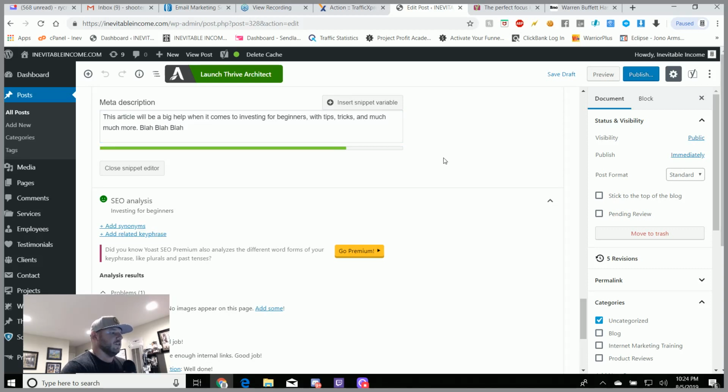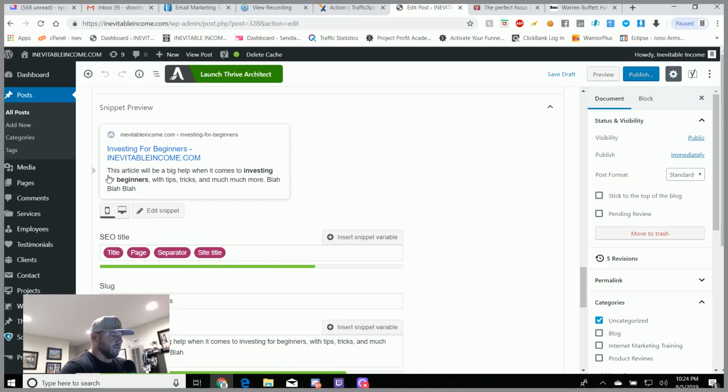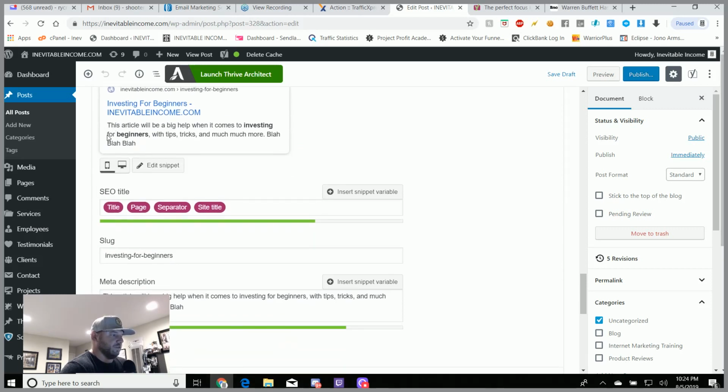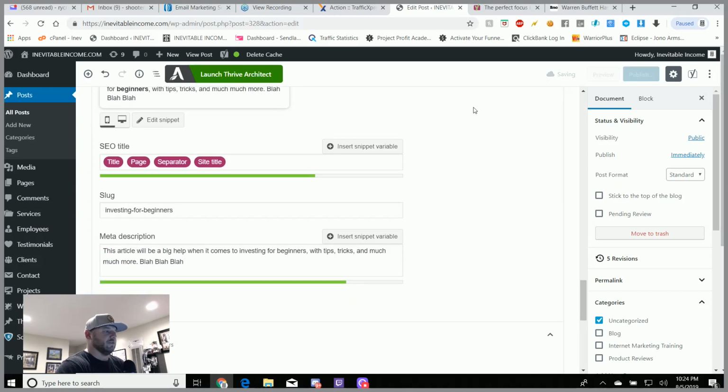So it's green. Now our meta has changed, right? If you see right here, this is what it'll look like in the search engines, most specifically Google, when you do a Google search. If I go to Google and type in investing for beginners, I'm going to see this, hopefully on the first page, right? Because that's what we're shooting for. And underneath this, you're going to see this article will be a big help when it comes to investing for beginners with tips, tricks, and much more, blah, blah, blah. So that's your meta. Now if we save the draft again,